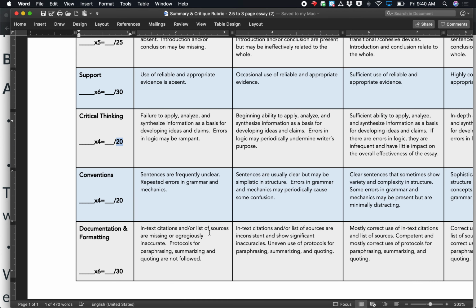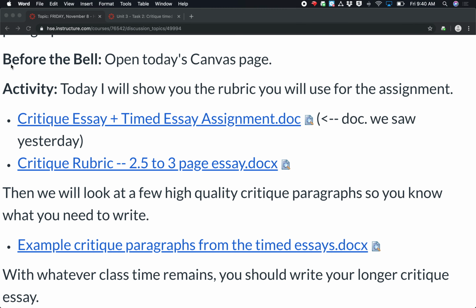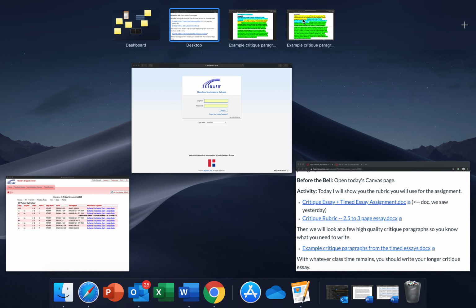Any questions about the rubric? You have access to it, so you can read the individual categories on your own. Just know that you have access to it. Next, the example critique paragraphs. So, like I said, I found a couple where the students do it right, like they explain the quotation successfully. They explain how the move is used successfully. So I wanted to show you these in the hopes that you can gain some insight from them.